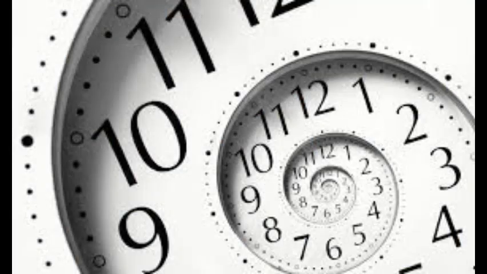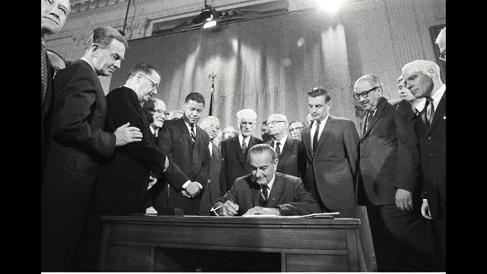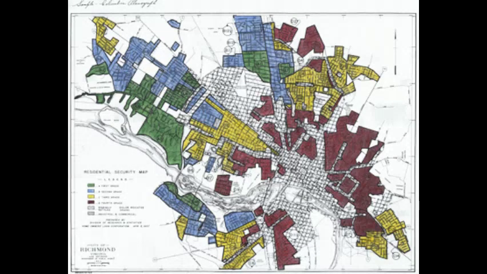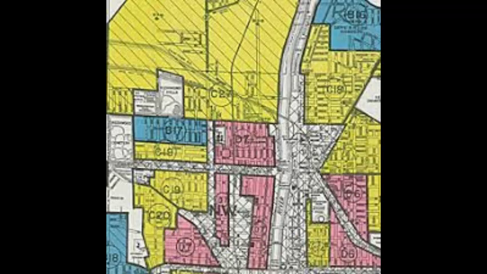When did redlining start? Even though redlining existed before in the US, the specific act of redlining started in 1934 under the National Housing Act of 1934. The Home Owners' Loan Corporation, or the HOLC, was created in 1933 to aid the housing market during the Great Depression. The HOLC created residential security maps, better known as redlining maps, to guide investment in U.S. cities. These maps assigned grades A through D to neighborhoods to indicate their desirability for investment.